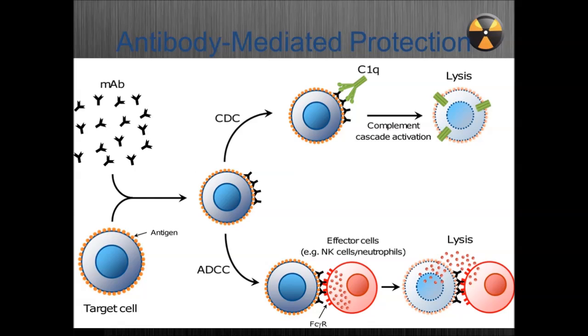And so what this is that if you have something that's a foreign invader, the body will make these little antibodies that latch on to the outside of the foreign invader. And there are two different ways to destroy the cell, either through complement-mediated lysis or through cells called natural killer cells that destroy the infectious organism. And so that's one of the main ways that the body uses.